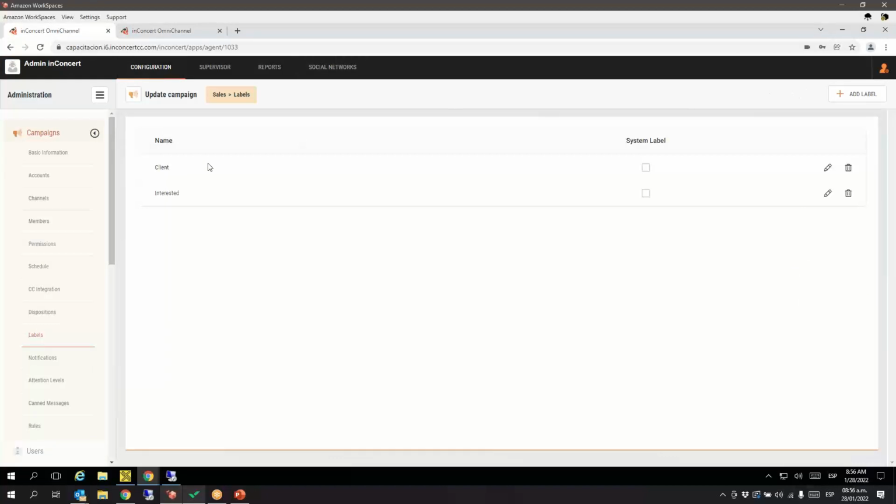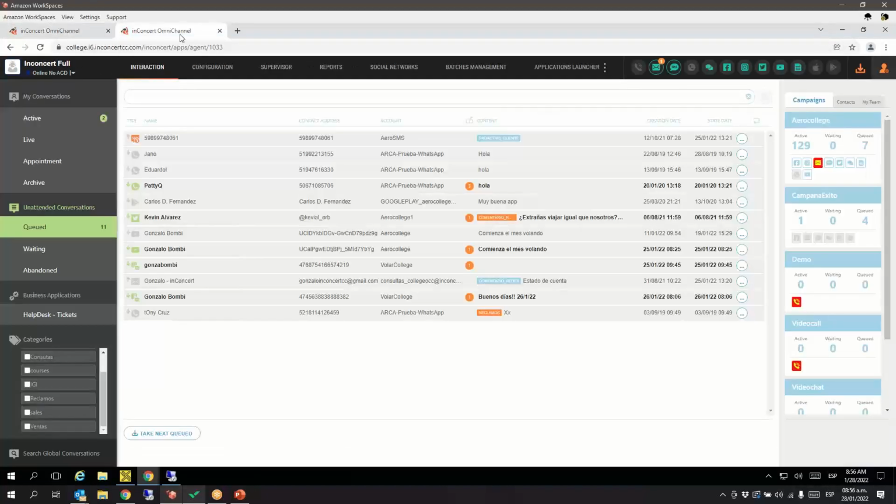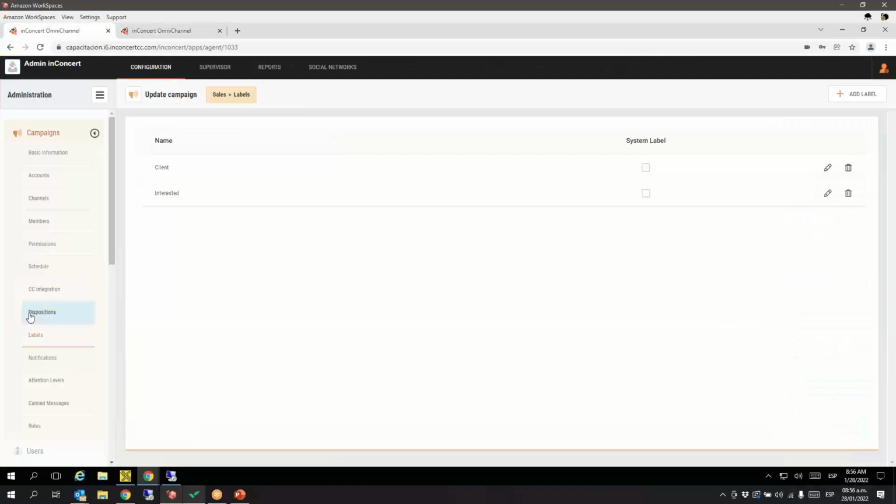Okay. Is there any kind of reporting like labeling the transactions? How can I get the label of all transactions? No, this just works on the interaction tab for filtering and for managing, because for the report it is not the label, it is the disposition that you need. Yes. Okay. So disposition is available in the report, but yes, labeling for filtering only. Yes, of